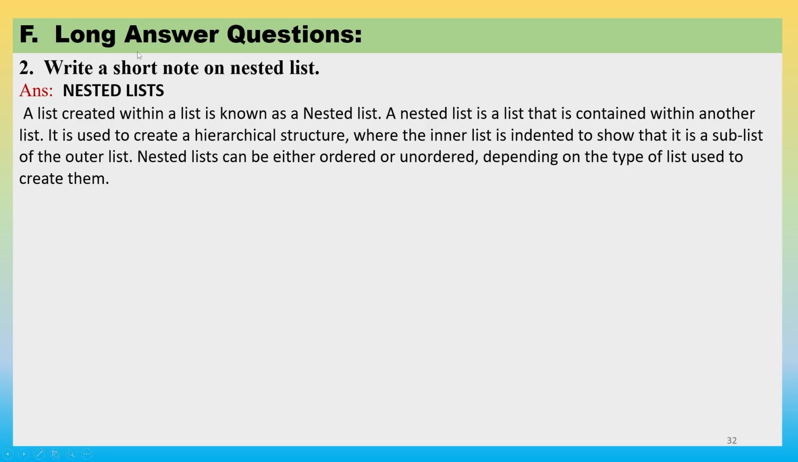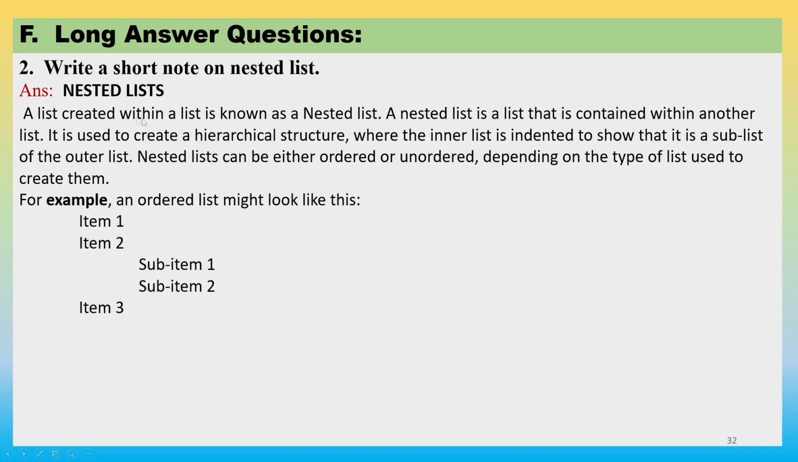Nested lists. A list created within a list is called nested list. Nested list is a list that is contained within another list. This is the explanation of first line. It is used to create a hierarchical structure where the inner list is intended to show that it is a sub-list of the outer list. So nested list can be either ordered or unordered or a combination of both, depending on the type of list